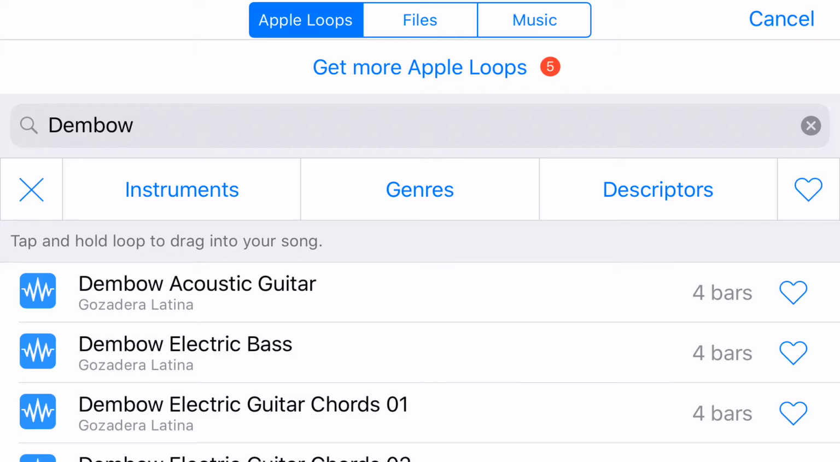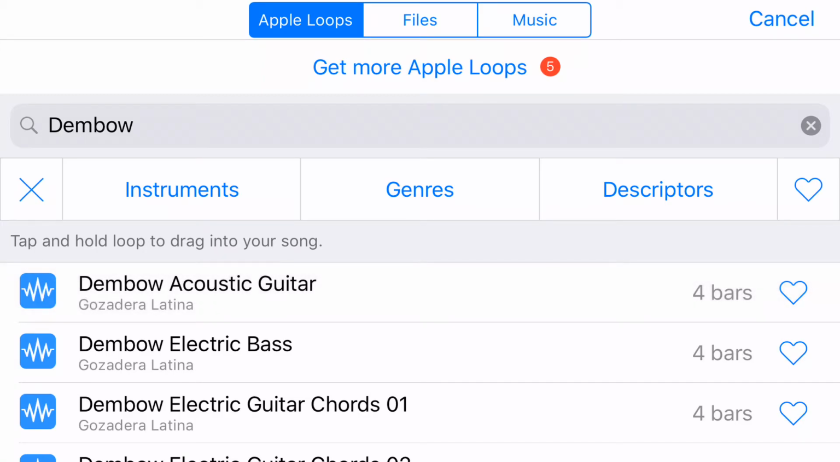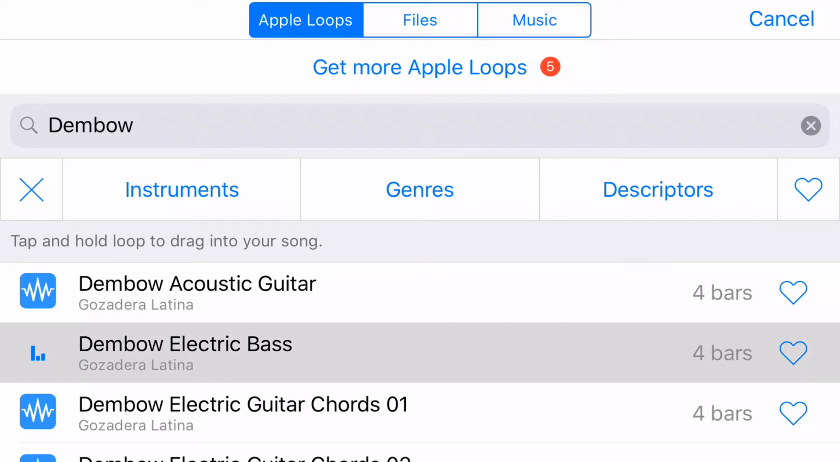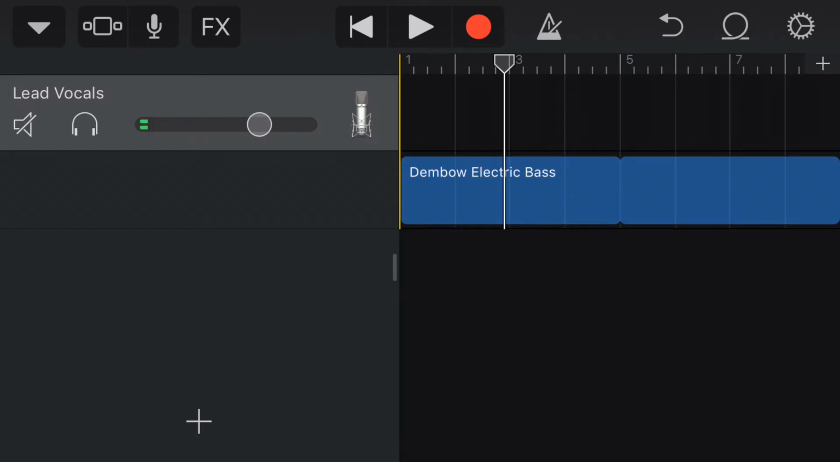I'm going to click on the dembow acoustic guitar and let you hear a little bit of that. Okay, here's the dembow electric bass. Okay, actually I kind of like the two of those, and I think that I might like to use them in my composition. I'm going to click on the dembow bass and then just drag it down into my song,